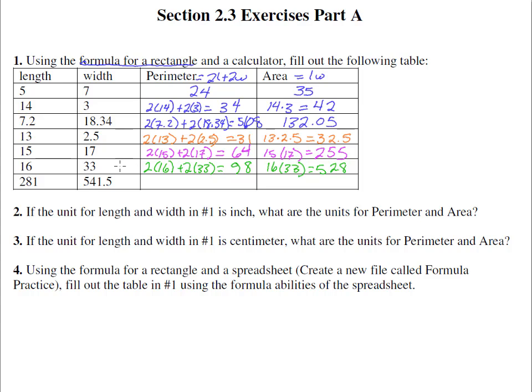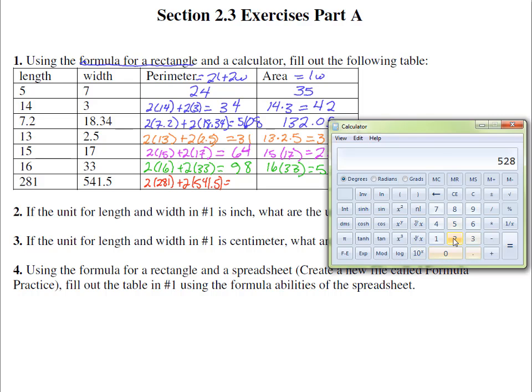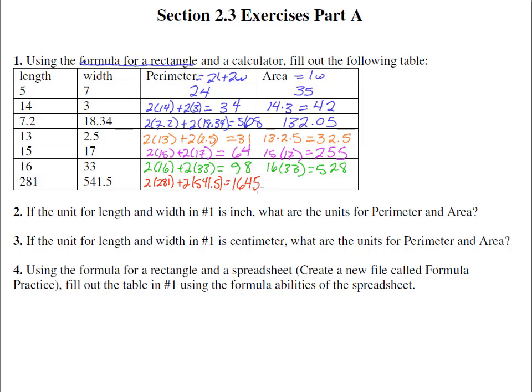We have two 281s plus two 541.5s. I'm going to need a calculator for this one, I'm afraid. 2 times 281 plus 2 times 541.5 equals 1,645. 1645 right there. And the last one, we have 281, that's the length, times